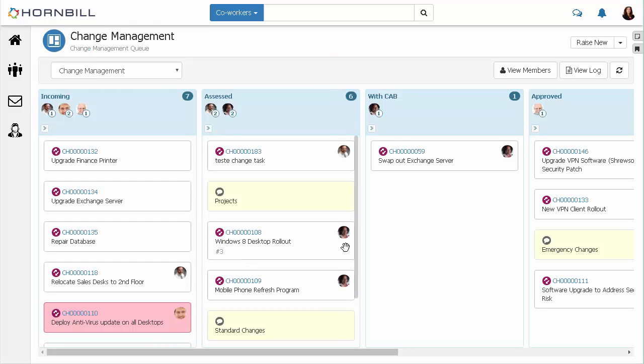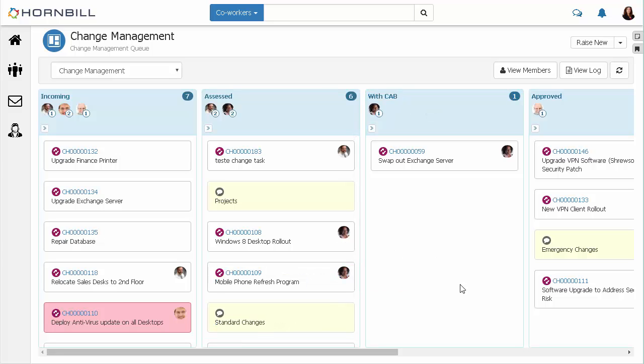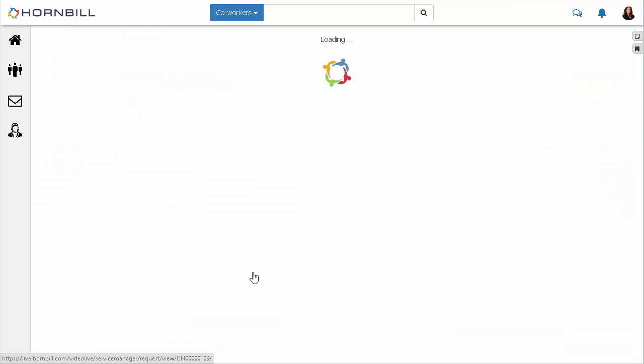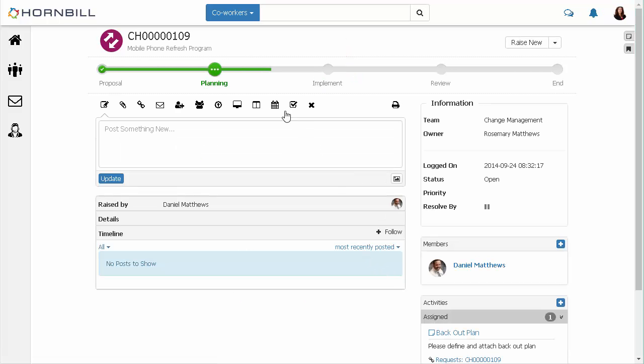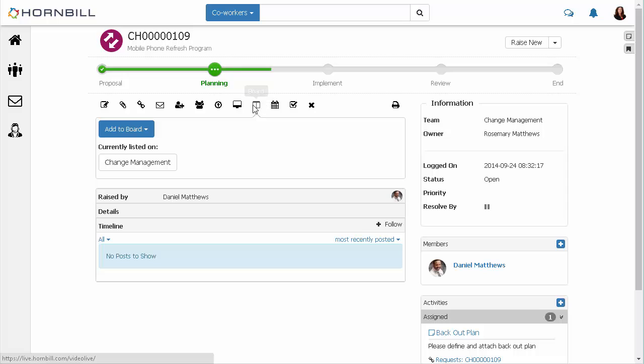And from here we can see now that that option for removing a card is no longer there, and she's also not able to drag and drop these cards from one list to another. What she can do though is now click on one of these requests to open it up to see the details. Up here we see the action item for the boards feature, and we see that change management board that